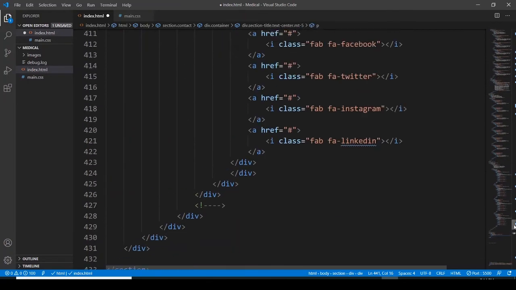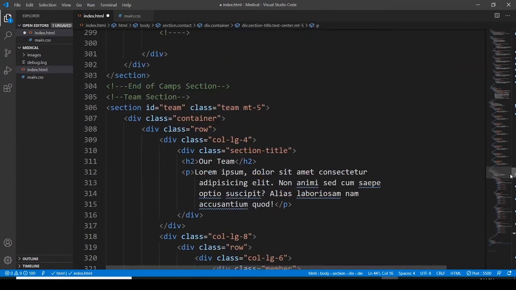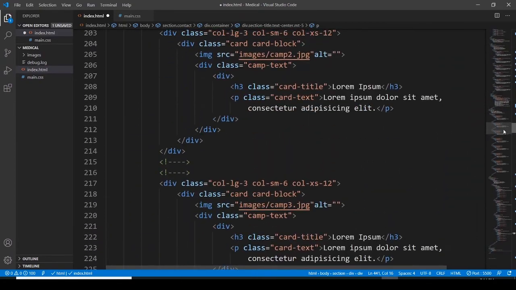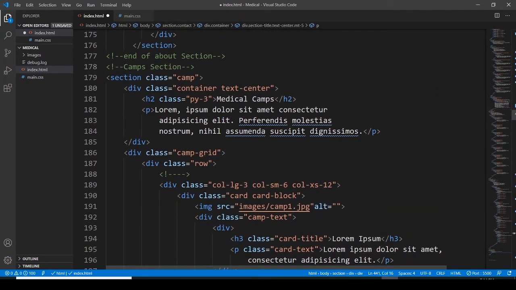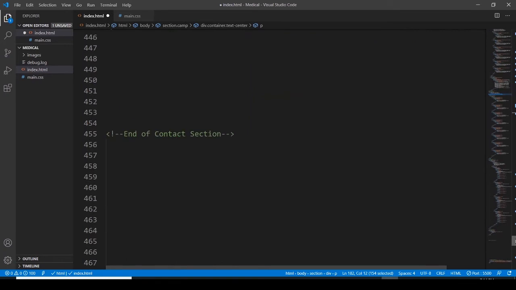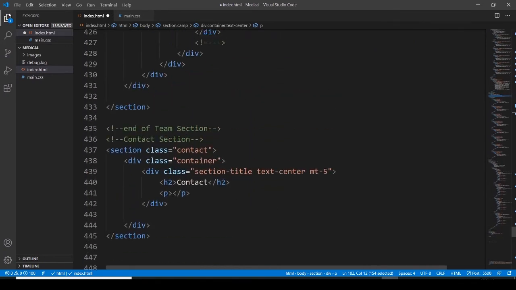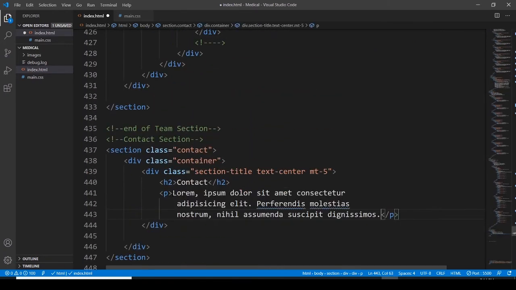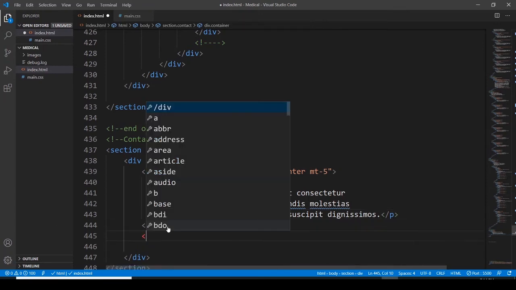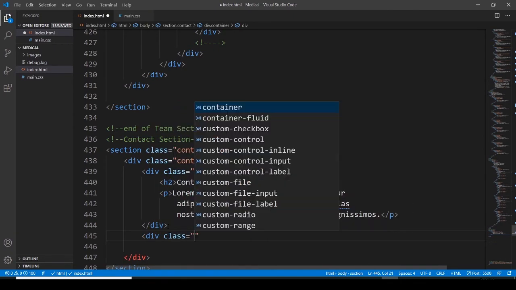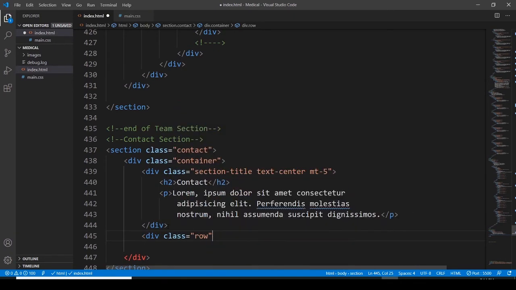Why am I not copying this from here? From this section we have some dummy text. Let's copy this and paste that text here within this paragraph. Then after we have to have another division assigning a class of row,